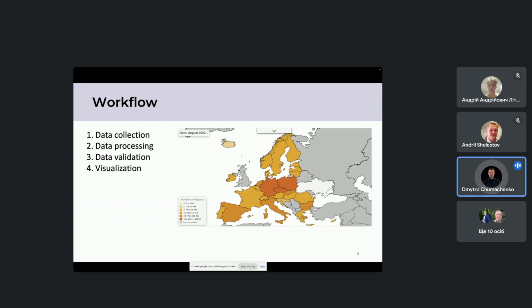The presentation layer is built with modern web technologies to provide users with an interactive and responsive user experience. The front end of the dashboard is developed using HTML5, CSS3, and JavaScript, with libraries such as D3.js and Chart.js deployed for rendering visual elements of the dashboard. The core component of the front end is an interactive map, built using scalable vector graphics. This allows for smooth zooming in, panning, and clicking on individual countries to reveal detailed migration